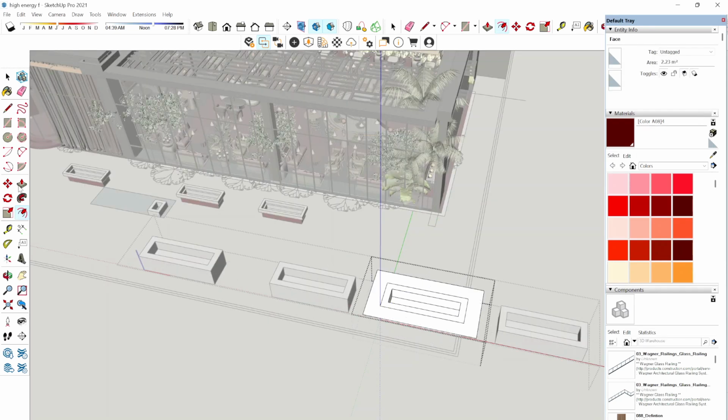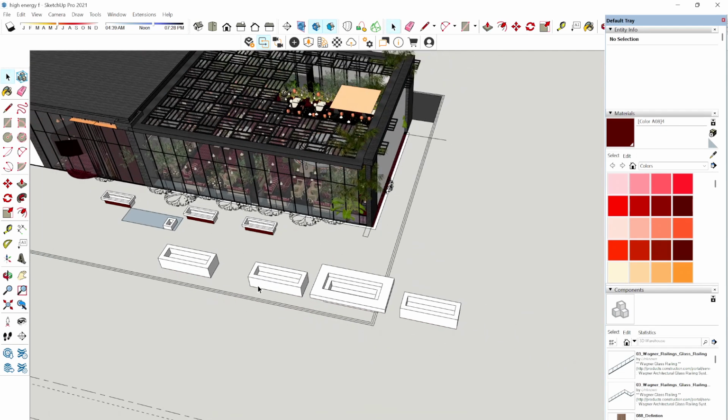If I'm making a change here, the other planters are not bothered. So whatever you repeat, you make it a component. Whatever you do not repeat, you can make it a group.